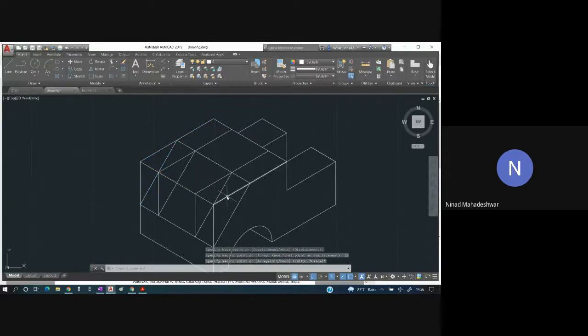Okay, whatever extra parts are there, that should be trimmed. Okay, for example, this is not a part over here, this part should be trimmed. Okay, this part should be also trimmed. Trim this part, trim this part, trim this part, and trim this part. Okay, these are extra lines that you have to delete. This also you have to delete, this also you have to delete. Now this part is inside, so delete this part also, and this completes your entire drawing.